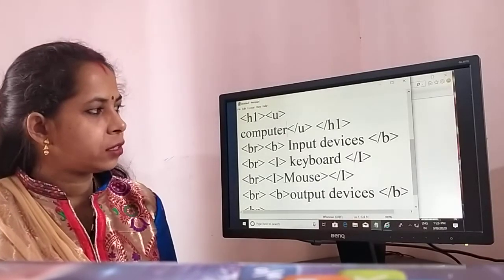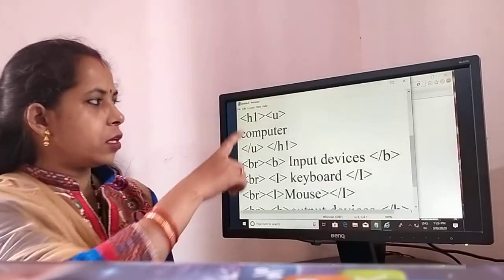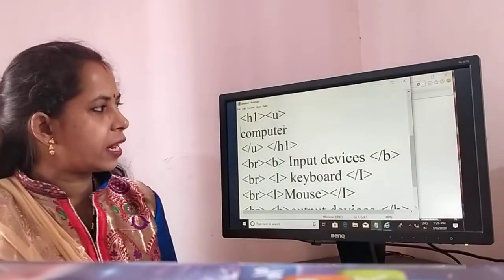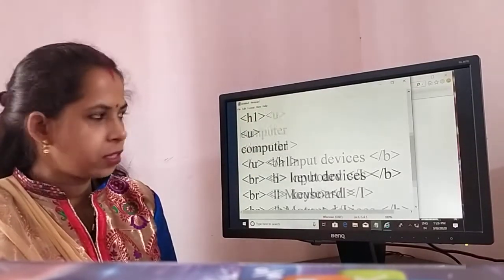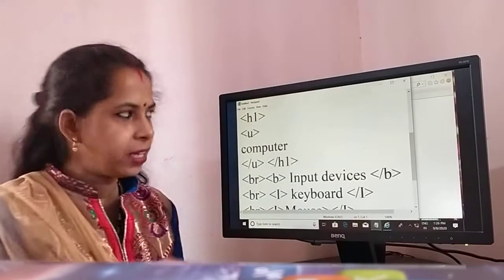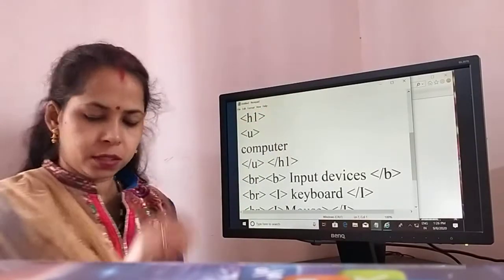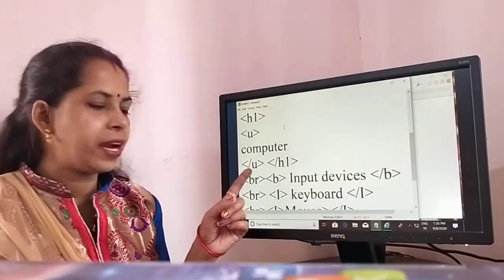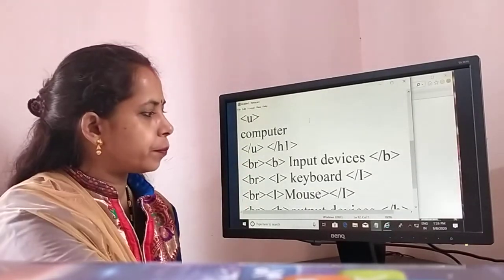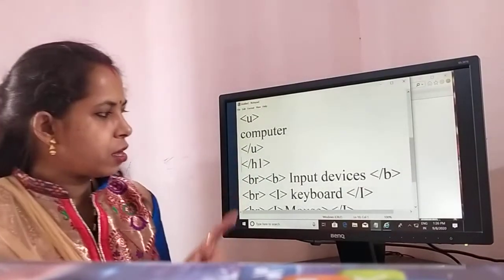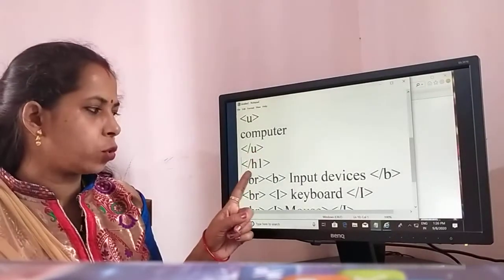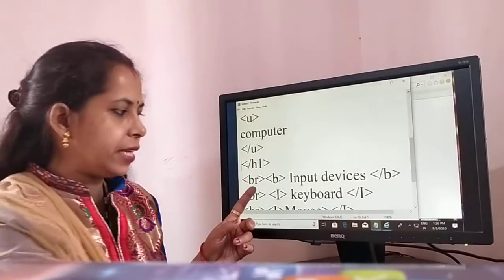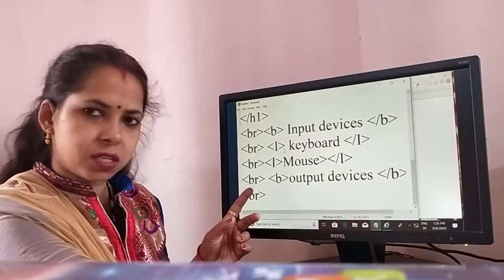We open H1 and U for underline, so our heading is underlined. Then the bold letters come in the web page bold and underlined. After completing this we close the U, then close the H1, then take the BR tag to move the cursor to the next line.